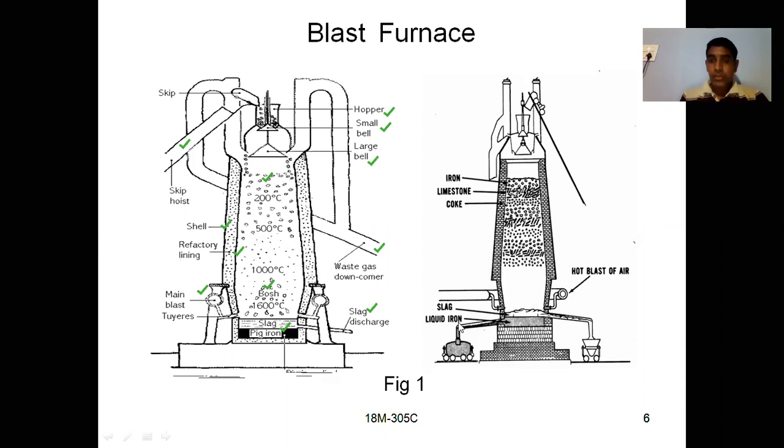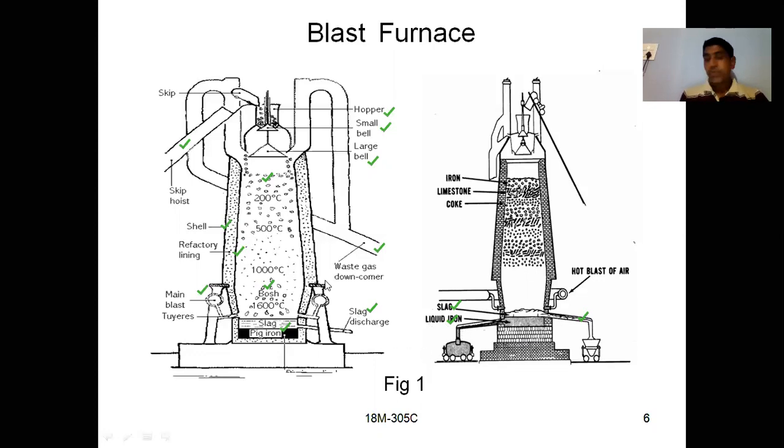If you see here, you are having slag, and from here you are having liquid iron. This slag is floating on the pig iron, so it can be removed from here. This is the slag. If you see the height, this is higher and this is lower, because the pig iron is heavier, it settles down, and the slag is lighter, so it floats on the pig iron, and can be removed easily by using this slag discharge hole. And at the bottom, you are having liquid iron. This liquid iron can be tapped from here, and it can be filled here,